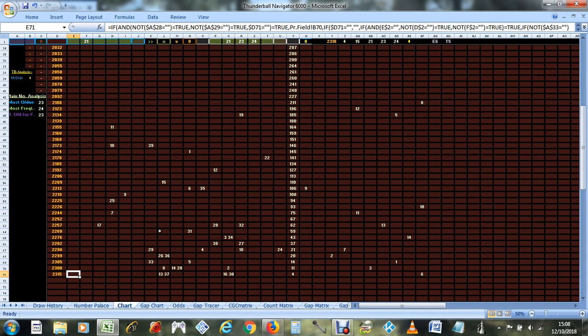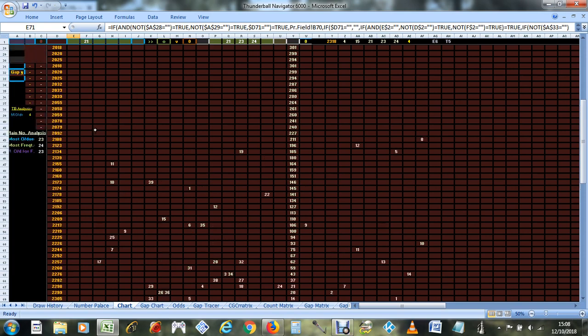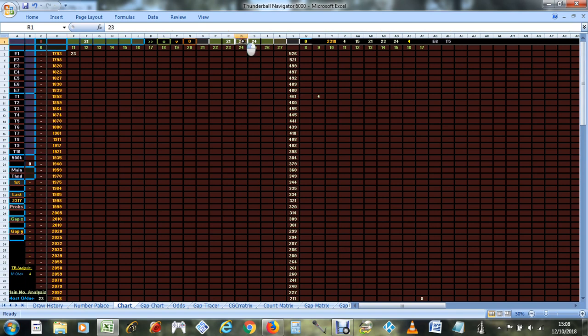So if there's a lot of draws where it doesn't get drawn, then obviously the chance of it coming out in later draws builds up. It's just a mathematical fact. So that explains why these numbers came out together. And now you can see a reason why the Thunderball number 4 came out as well, because it's most overdue with that number. So it's as though number 21 was kind of a lead number and all the others just seem to follow suit. Now if we look at number 24, I